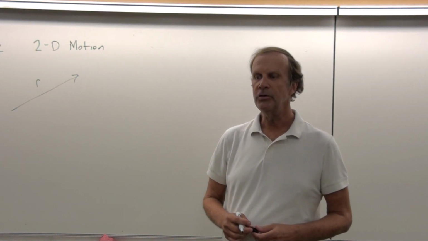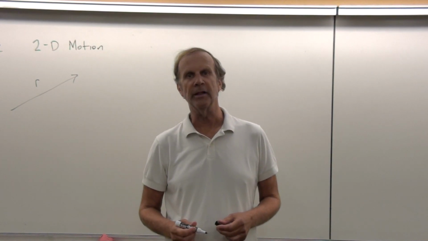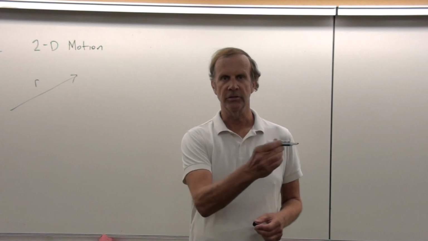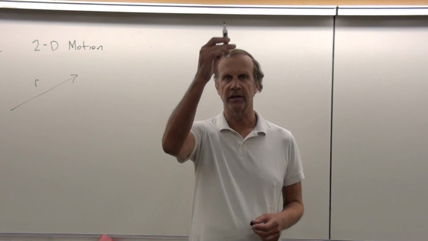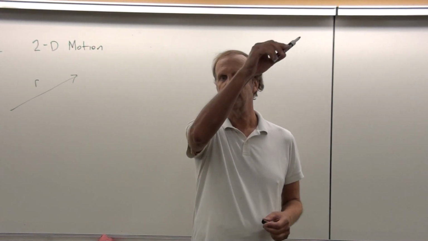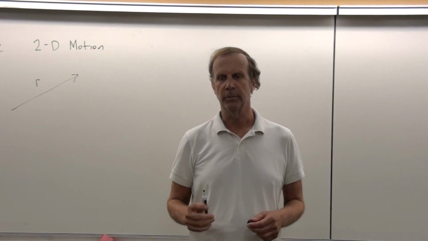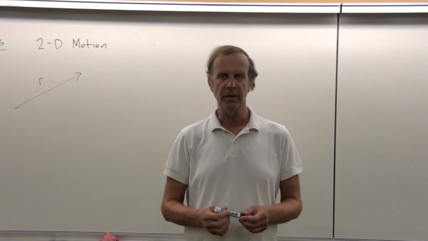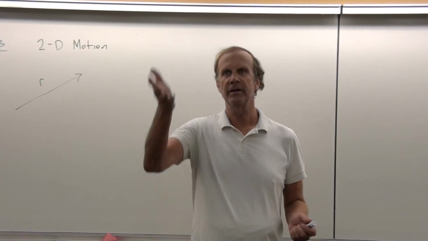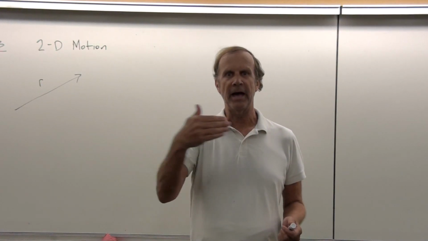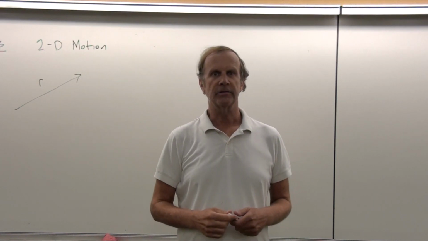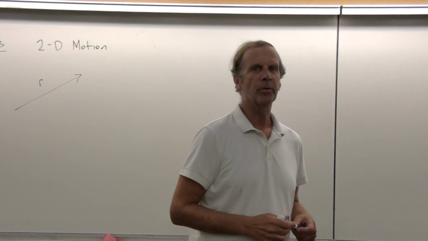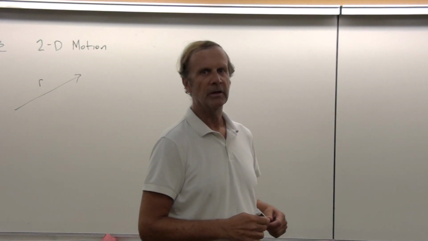So the idea then with 2-dimensional motion is that we have motion in a plane rather than motion just along a line. So before in chapter 2, motion along the line could be this way, say, or that way, or it could have been at some diagonal line too, but usually it would just be horizontal or vertical. But with motion in 2 dimensions, we have motion up and down and back and forth. And so both of those together give rise to a slightly more complicated problem in which we have to use